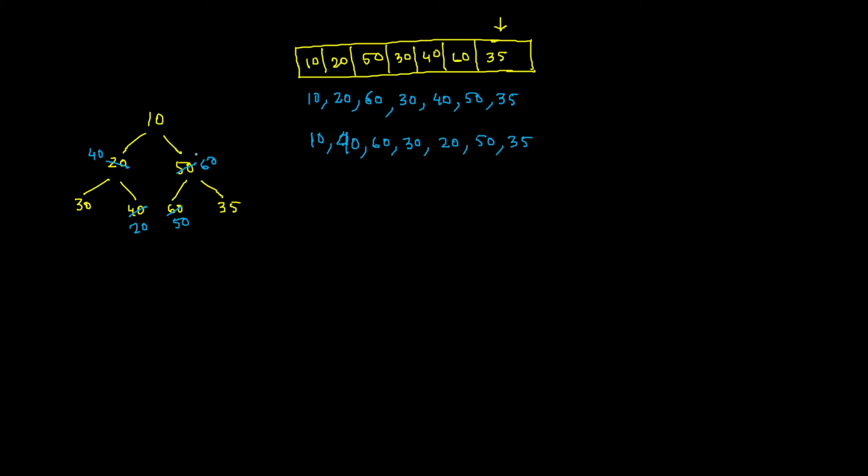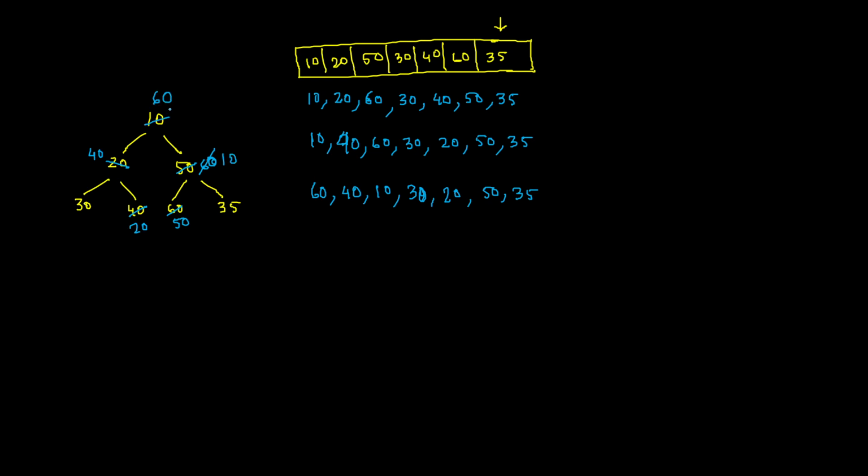So you see one thing, after swapping the job doesn't end. Why? That I will tell you. After swapping 60 and 10, what will happen? The scenario will be something like 60 here, and then 40 will remain in this place. Instead of 60, 10 will come, and then 30, sorry, and then 20, and then 50 and 35, right? So in this particular tree, instead of 60, 10 will come, and here 60 will come.